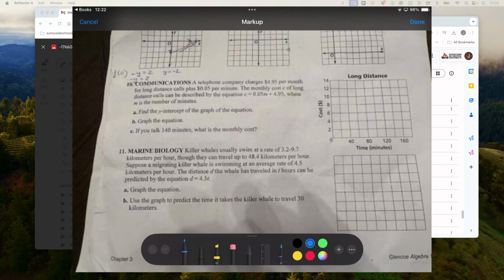So for number 10 particularly, this problem sucks because you have decimals in the problem, and then the graph itself is whole numbers, so the graph is at best going to be a good guess and not a real graph of what's going on. But I know you can read the problem, and it seems like you have a pretty good understanding about the y-intercept. Given that it is in slope-intercept form, 4.95 is our y-intercept. So the y-intercept of the equation is 4.95,